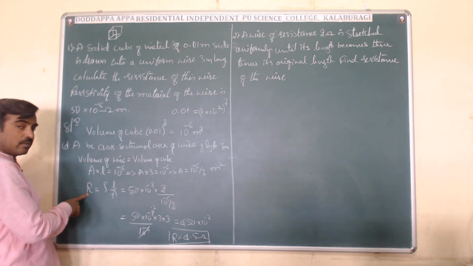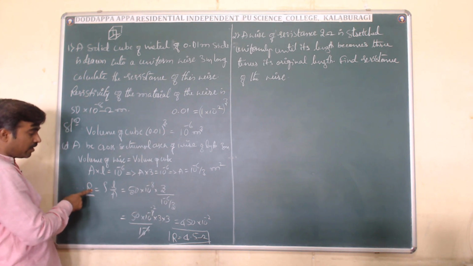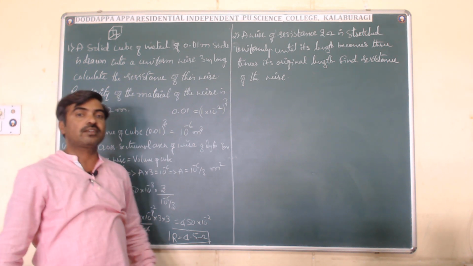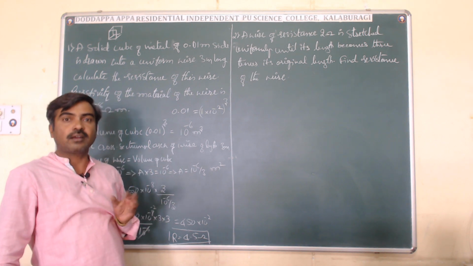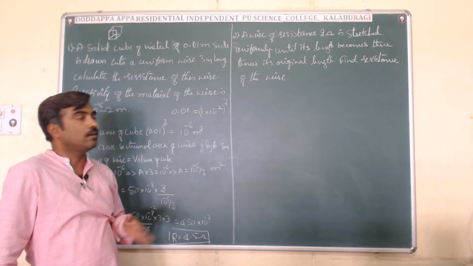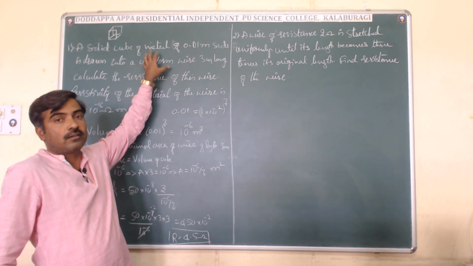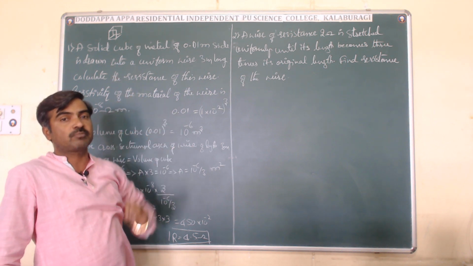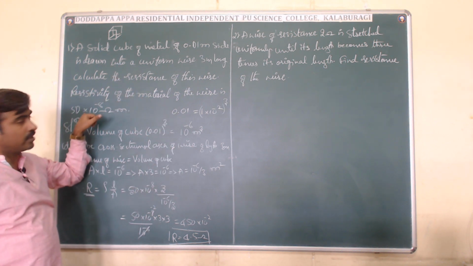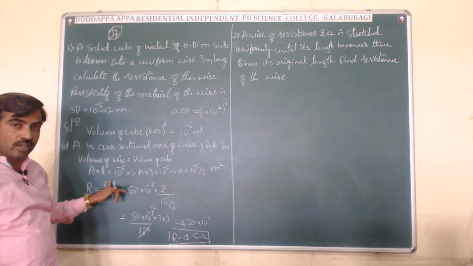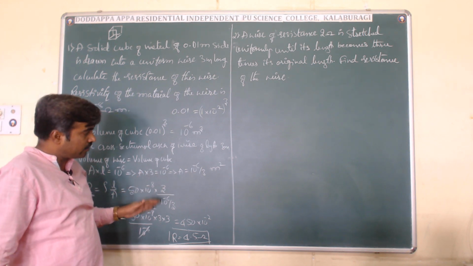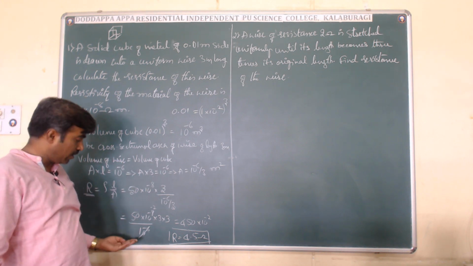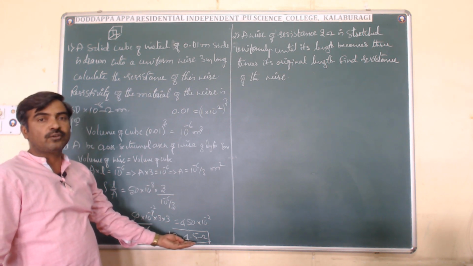Now to calculate the resistance, we have an equation, R is equal to rho L by A. Of course we have one more equation for resistance, V is equal to IR, or R is equal to V by I, but here neither V is given nor I is given, so a relevant formula has to be applied, because resistivity is given and length is given, and cross sectional area we have to calculate. Hence the relevant formula is R is equal to rho L by A, that we have substituted, and the final answer we got as 4.5 ohms.